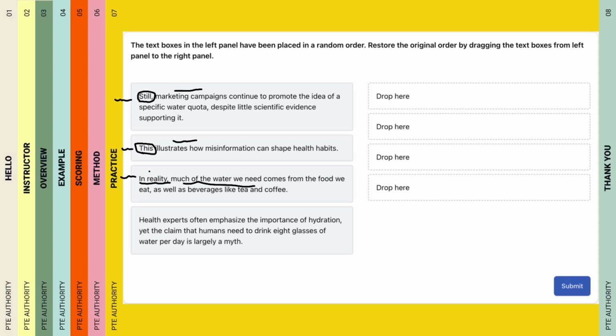So again, we cannot push this as a first sentence, so I would mark this one as number 1 because it does not start with a linking word or a contrast word. 'Health experts often emphasize the importance of hydration, yet the claim that humans need to drink 8 glasses of water per day is largely a myth.' So that's number 1. Number 2 would be,